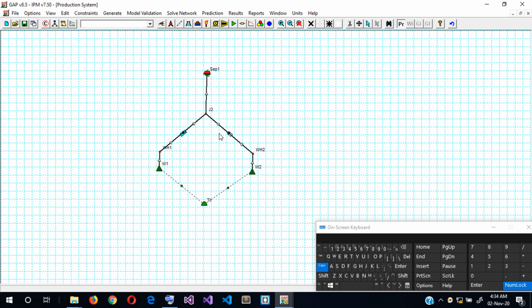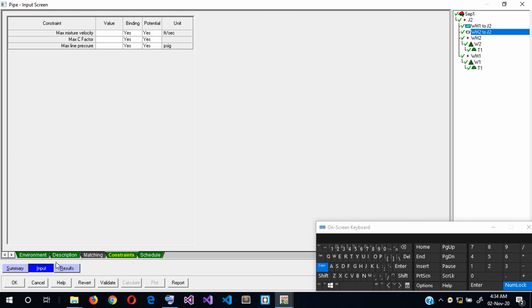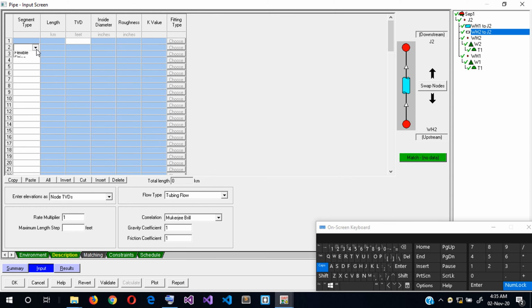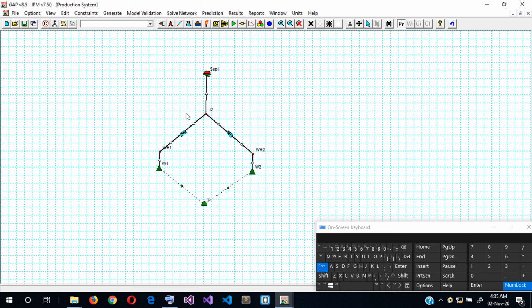Now it's changed from white to blue. So I'll do the same here. Description, line pipe. This is in kilometer, from 0 to 20. The next one is 4. Okay, so everything looks fine,